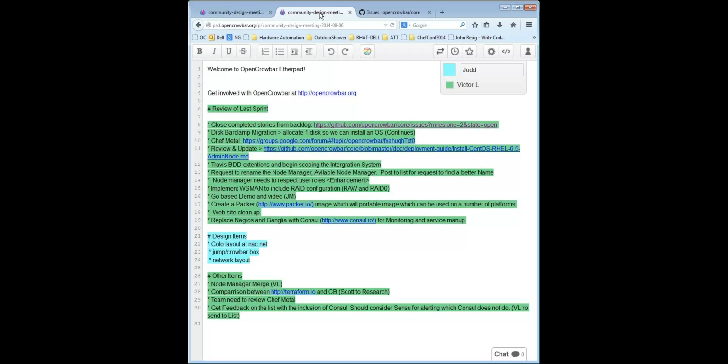The Chef Metal stuff I'm actually picking up for this sprint. I'm going to be installing the Chef and Chef Metal from within the Crowbar Docker admin, probably just on my laptop, and try to get basic Metal up and running, even to deploy something out on the web, an Amazon machine, and then see if I can work through the code that Rob's put together but hasn't actually made to work yet on Chef Metal.